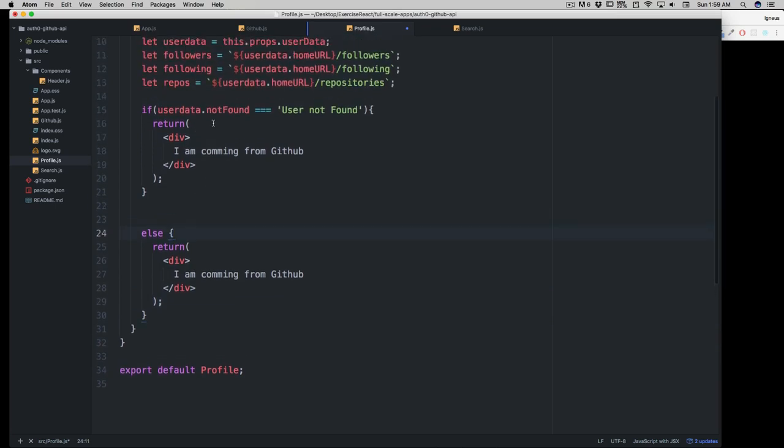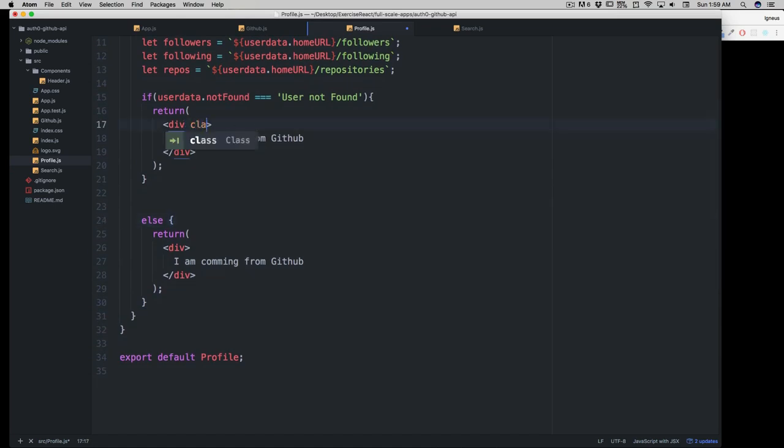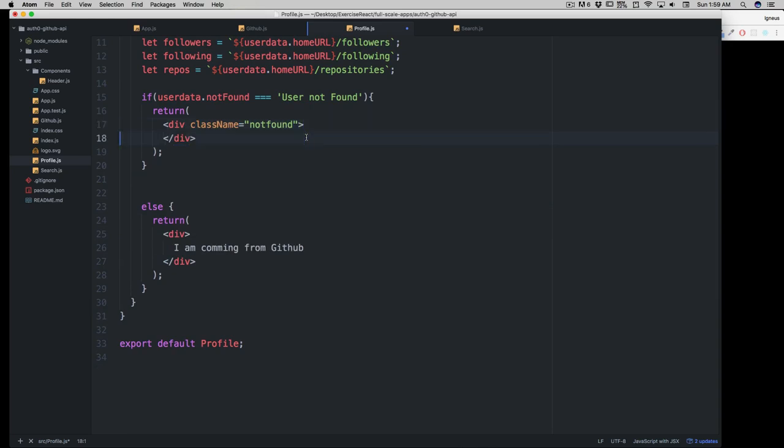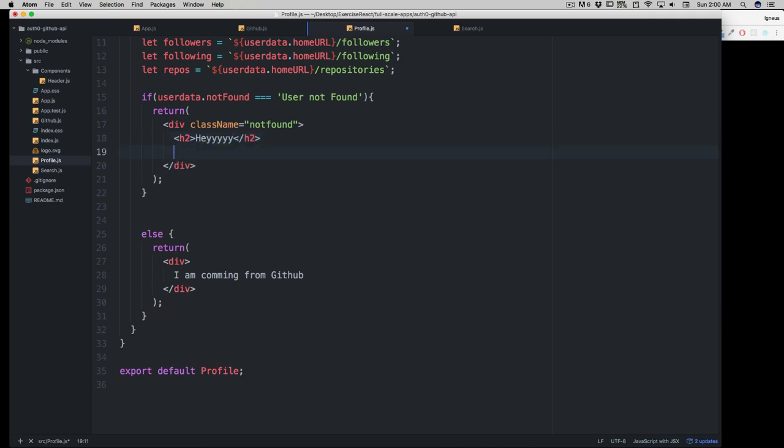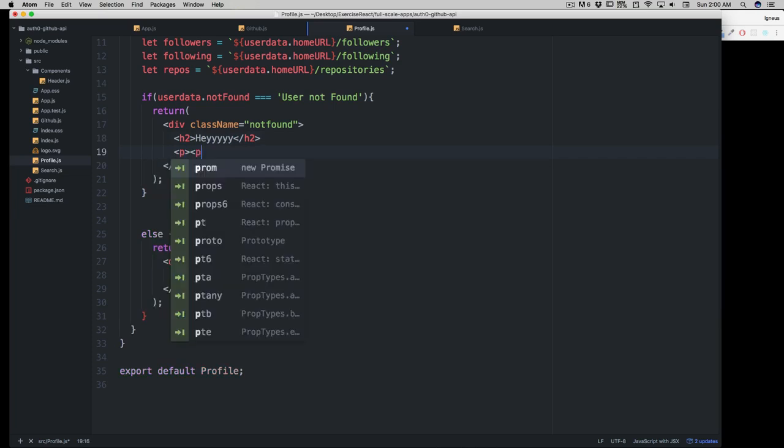this.username. So let's just give it a class name of not found. Okay, and let's just remove "I am from the GitHub", and let's do something good in here. Okay, and this is gonna have simply an h2 there, and this is just a representational thing. We have already done and completed the project, but again, things should look good. And we're gonna say "hey", a long "hey", just a sarcasm there, and we're gonna have some paragraph tag, and